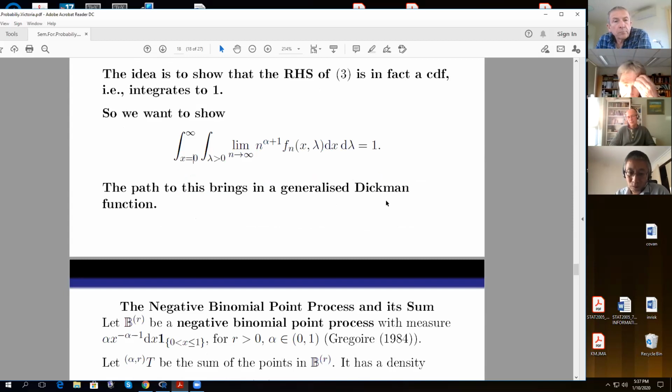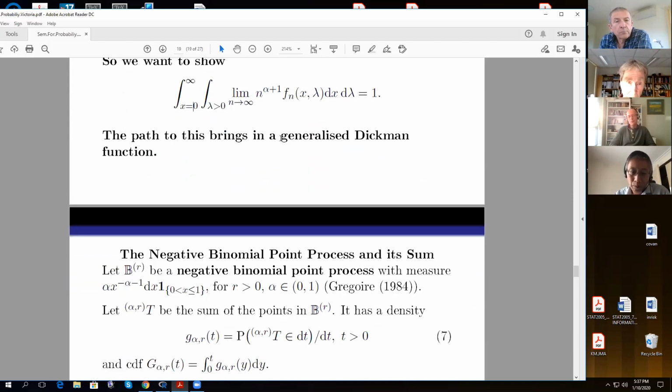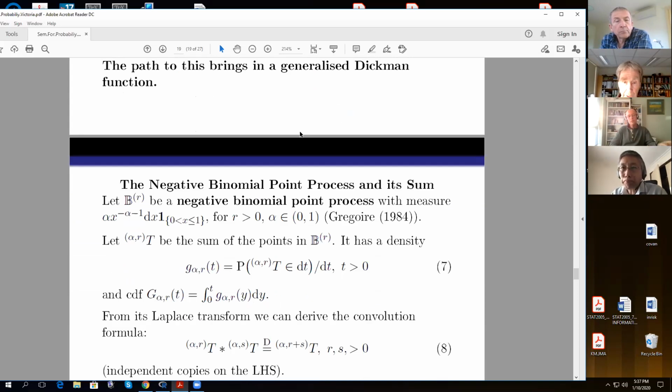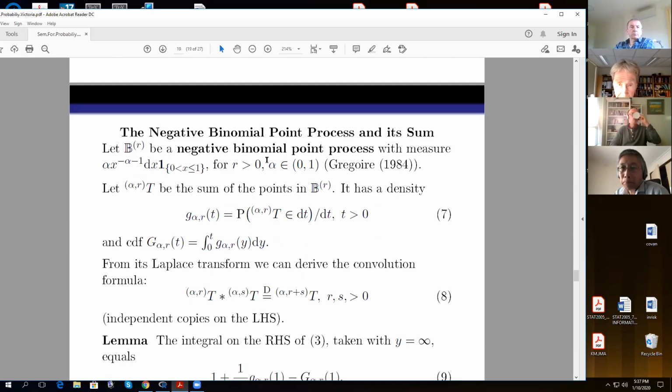And my reason for taking you through this rather painful analysis is that this now brings in what I think is a very interesting aspect of the so-called generalized Dickman function. And to do that, I have to say a little bit about how we derived this PD(alpha, r) model, and it's based on a negative binomial point process, which was invented by Gregoire back in 1984. And without going into too much detail,